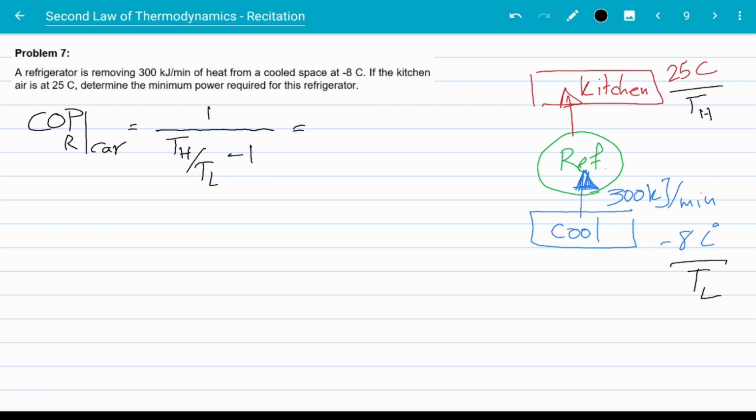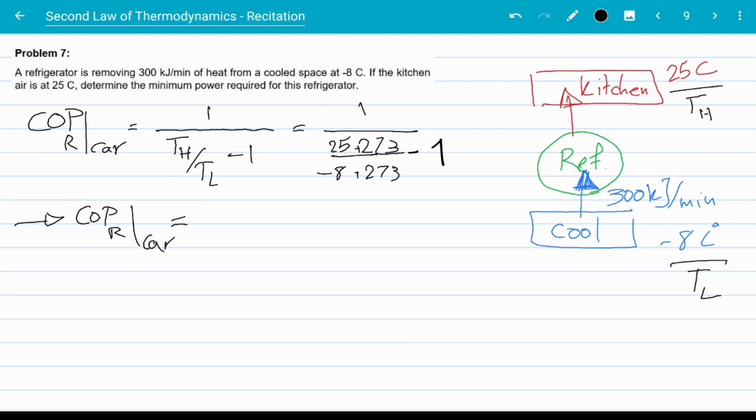So this gives us 1 over, TH in Kelvin is 25 plus 273, TL is minus 8 plus 273. Do the math, and we get that the coefficient of performance of this refrigerator, which is acting on a Carnot cycle, is